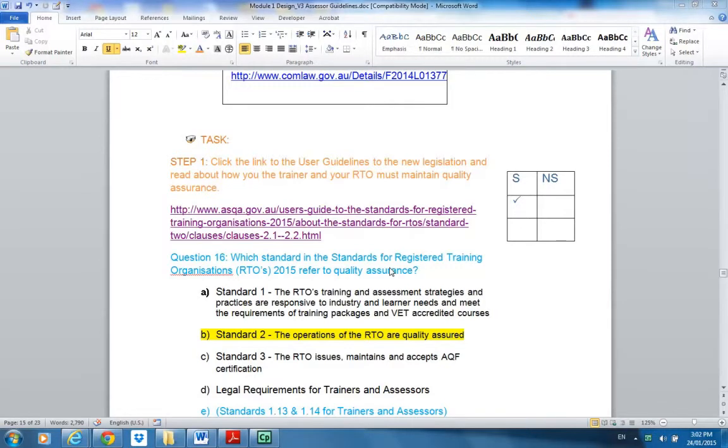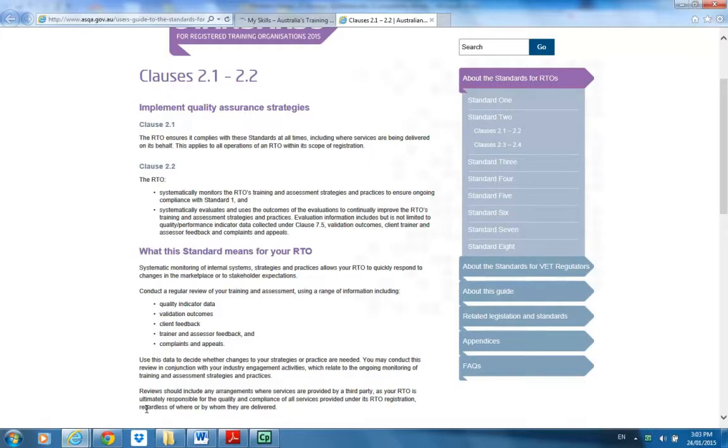While we're looking at legislation, we're going to touch briefly on something we'll unpack to a greater extent in Module 3 when we're looking at assessment and validation. But what I want you to do is just to Control-click on this purple link here, and that will bring you through to this web page. And it talks about Standard 2. Okay, we're now moving away from Standard 1 and we're looking at Standard 2, and there's a question about this coming up shortly. So the answer is going to be Standard 2 for you.